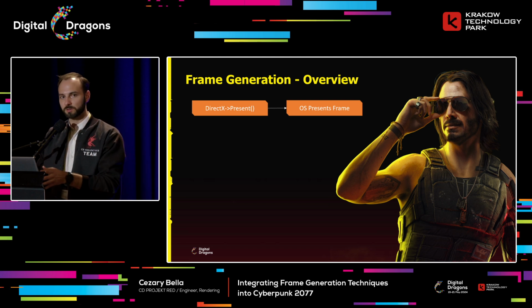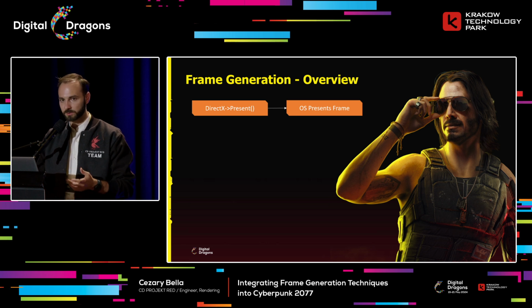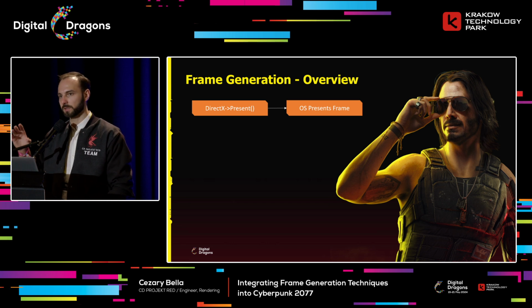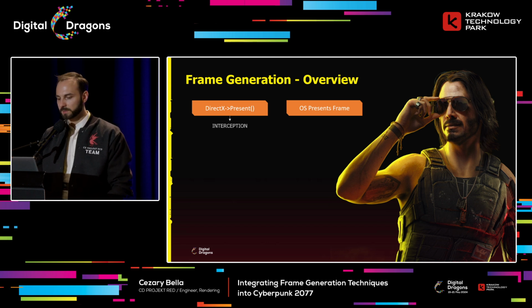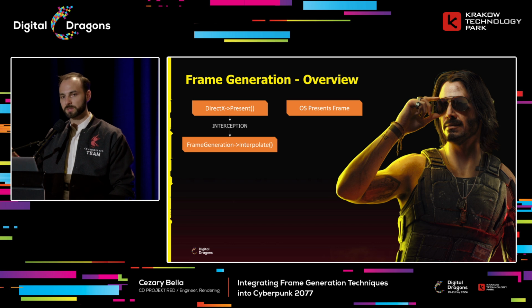But there's also the technology part and how it actually hooks into the game, because that's also not as trivial as it might be. So in the traditional pipeline, we'll just have our DirectX present function, and then it will just shoot to the OS, presenting the final frame to the player. But of course, the frame generation works by intercepting our calls to the API. So instead of just going directly from the DirectX present to the OS, there's interception going on, and the interception goes to the frame generation itself,